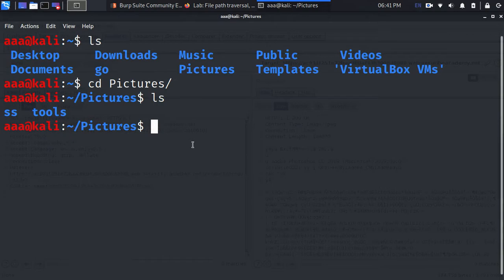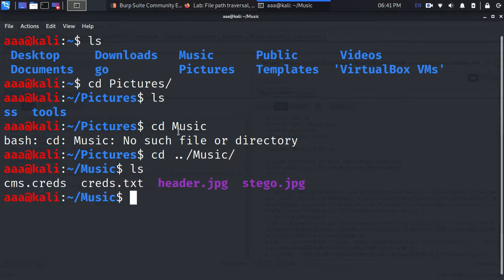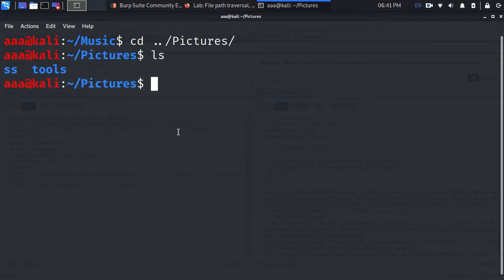Now if I want to go from the pictures directory to documents, how will I go there? Let me go to the music directory. For that I will do cd. If I directly type music, see, it doesn't work. I cannot go to music, right? There is no such file. But if I do cd ../music, see, now I am in the music directory. This is all my music directory stuff. Now again to go to pictures, ../pictures, see, nice. Now if I want to see my etc crontabs maybe, I'll go cd ..